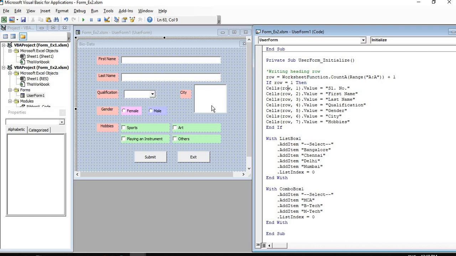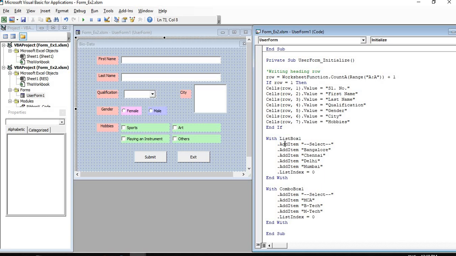So this is the code for the list box. For city we are taking a list box, right? The code is like this. With ListBox1, ListBox1 is the name of the list box. Under this list box object, we have to use the AddItem property.